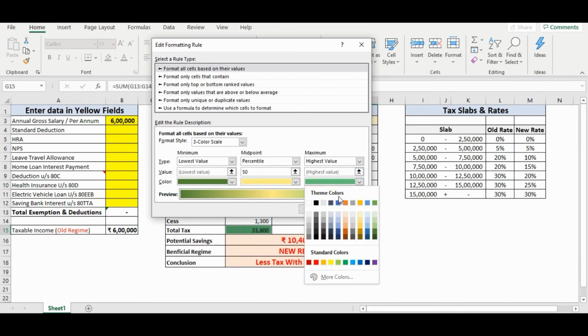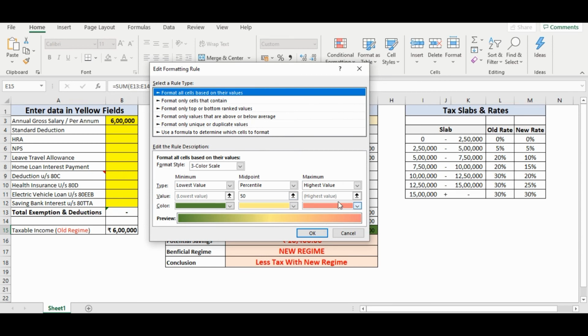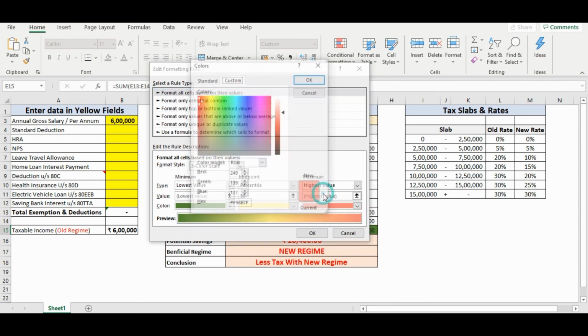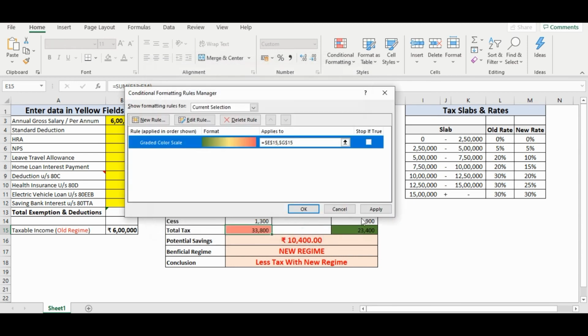Select red color for our highest value. So the red color is still not that appealing, so let us again edit the rule. And let's put the value as hex FF6161. This color looks better. Let's click apply, click OK.